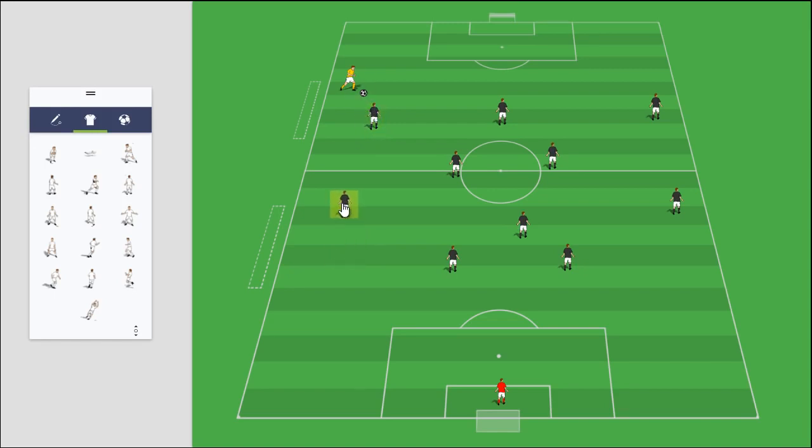And then we've got the outside back that's able to give support, and the number 8 in this case giving support. So again, we've got good triangles of pressure, making it really difficult for the other team to penetrate us. So, using those triangles of pressure and having that pressure and cover, and in some cases, a balance, even though over a short distance with those triangles, is still a really powerful way to make it difficult for other teams